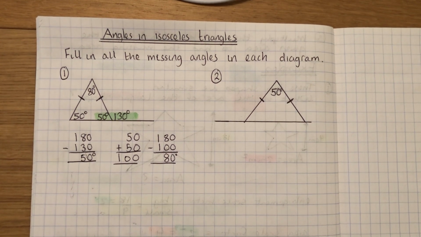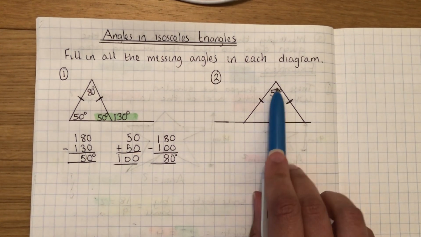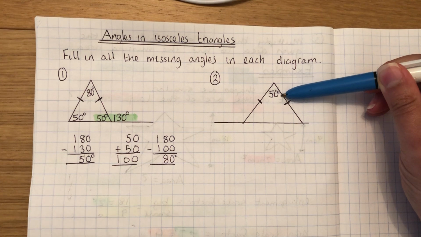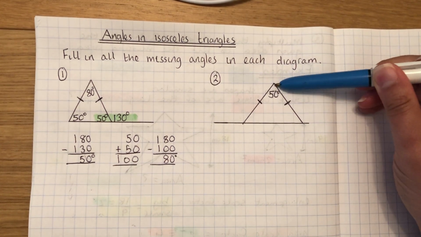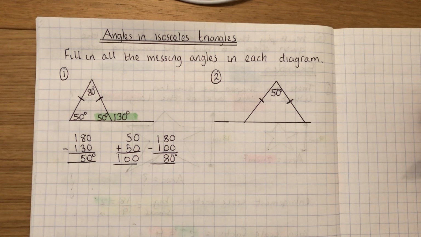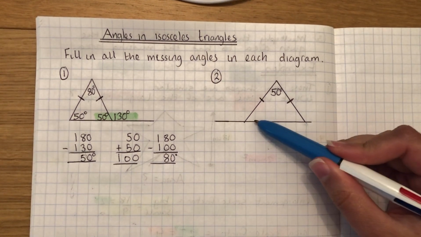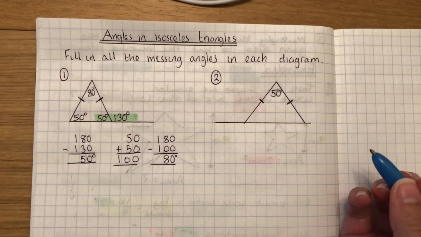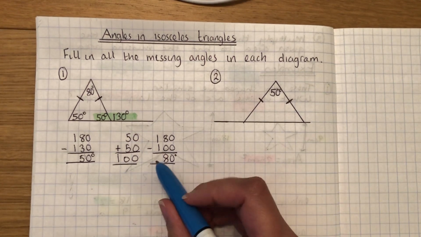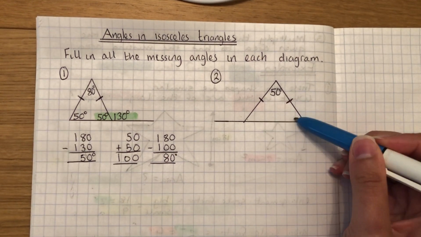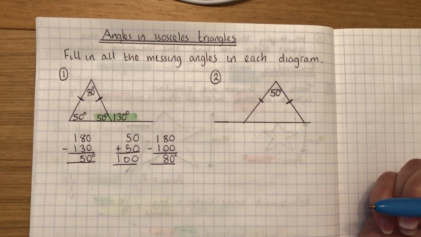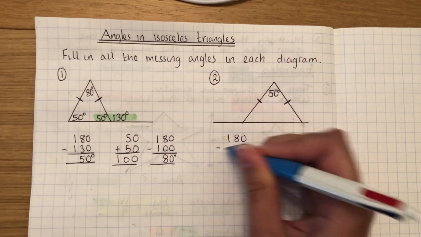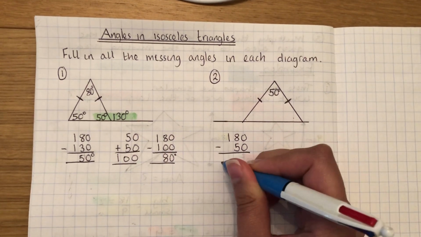So if we look at example 2 next, we've been given this diagram, very similar. The only difference is we've been given the angle inside the isosceles triangle at the top. So it's the unique angle inside the isosceles triangle. So what we're going to have to do is find these equal angles at the bottom of our isosceles triangle first. So if you think back to what I've just said about the previous example, these 3 angles here inside the triangle should add up to 180 degrees. So if we start with the 180 and take off what we know, the 50, that's going to leave us